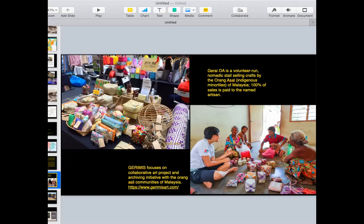A social enterprise is a business run for profit that sets aside a specific portion of their earnings to support a particular social issue or cause. Whereas Gerai OA is not a social enterprise, it's an entirely volunteer-run